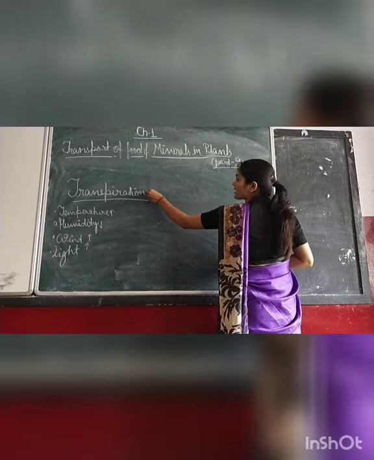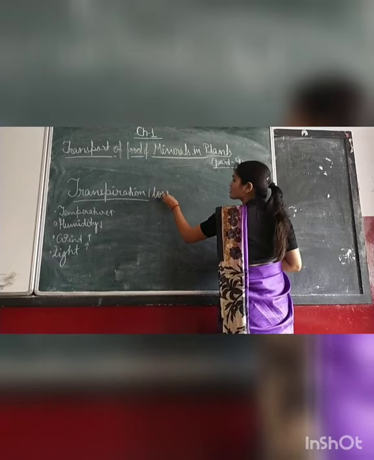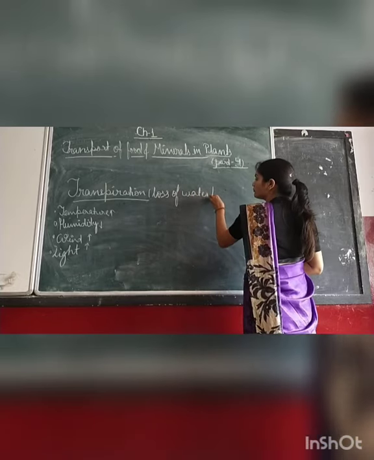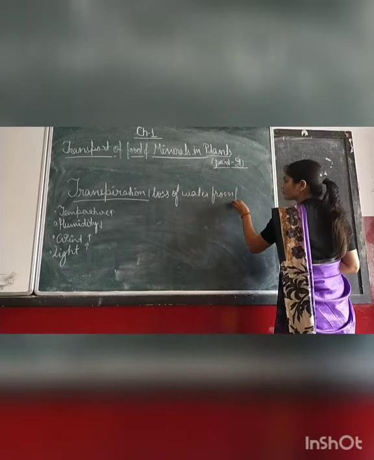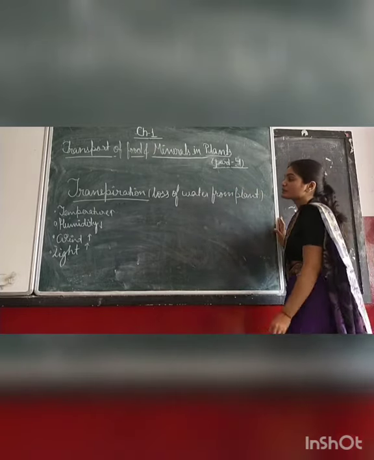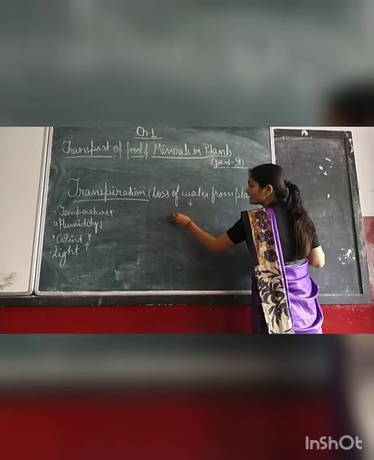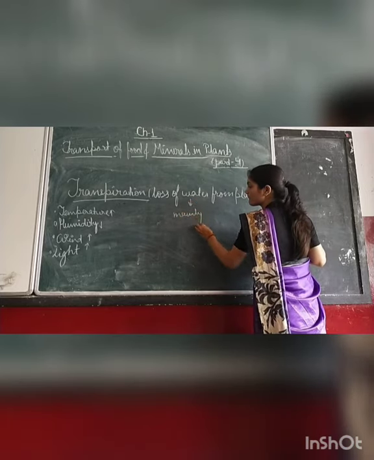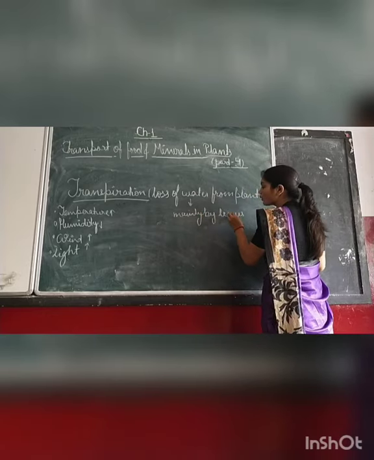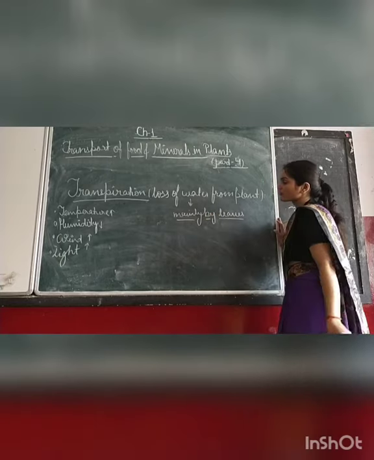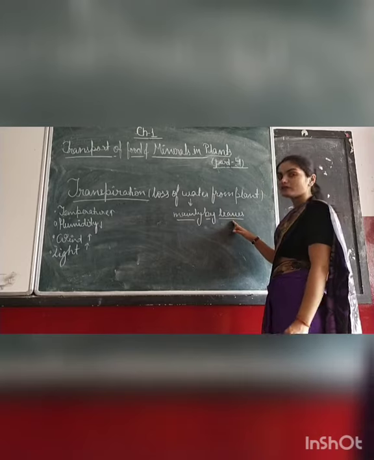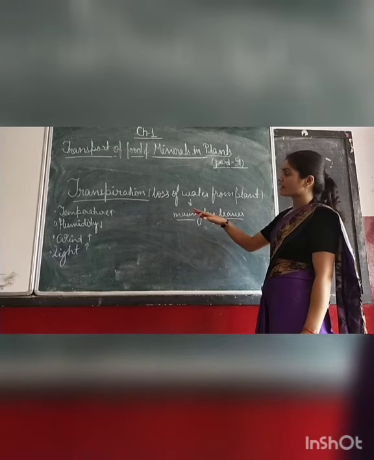So basically transpiration means loss of water from plant. And from which part does this process take place? Mainly by leaves. Okay, so basically students, the transpiration process takes place by leaf, means the loss of water takes place by leaves